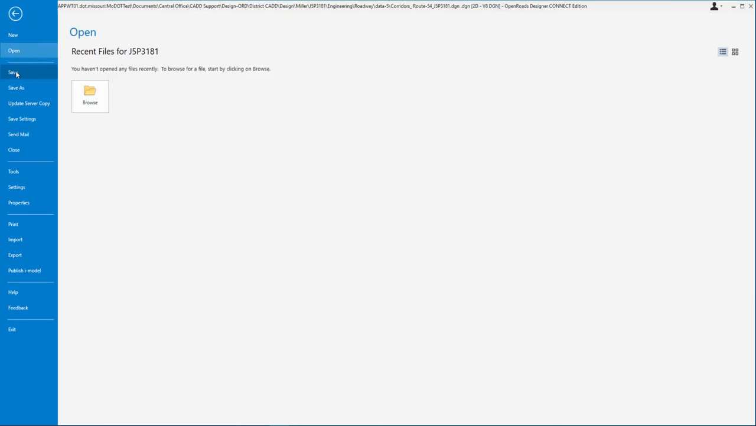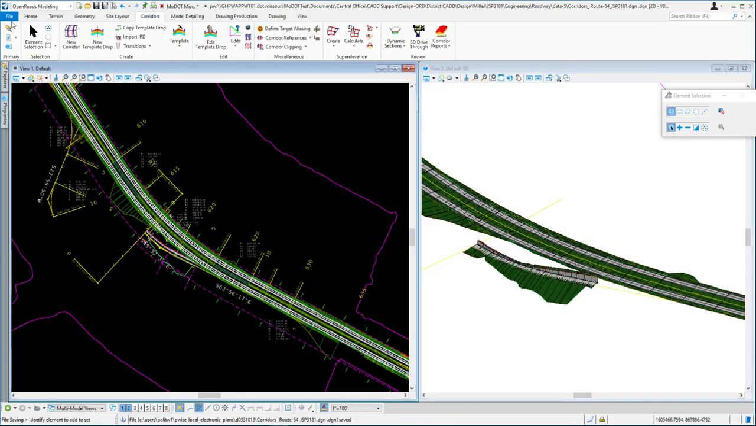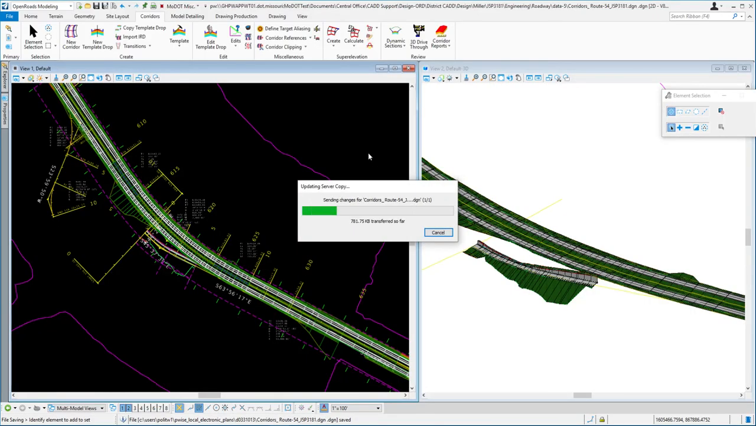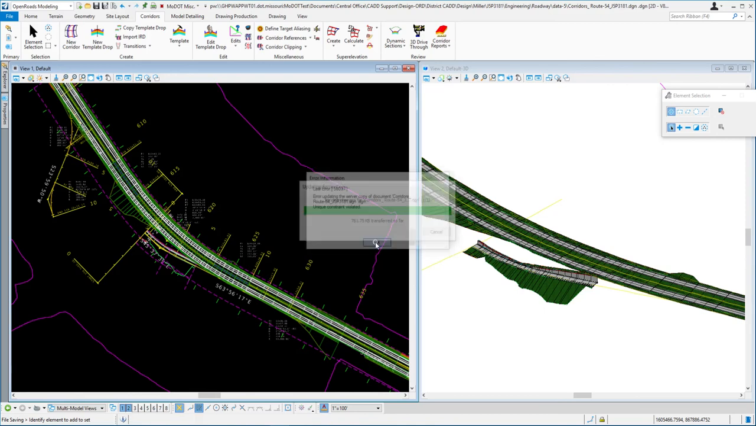Last part is saving. So we'd save our project and then update the server copy so that project-wise is updated with the latest and greatest. And that concludes chapter